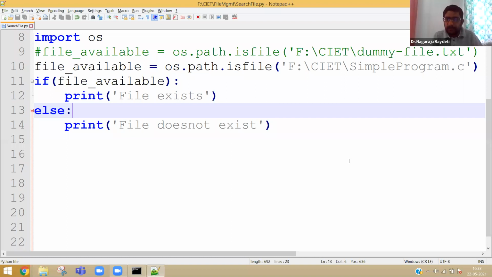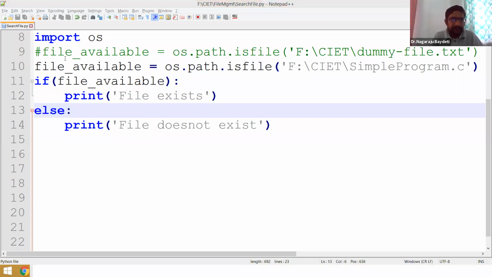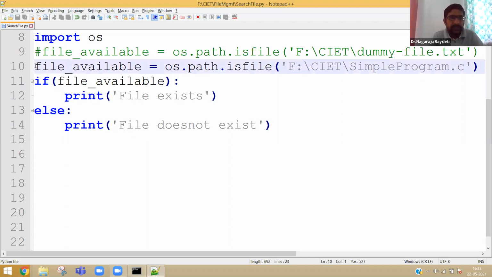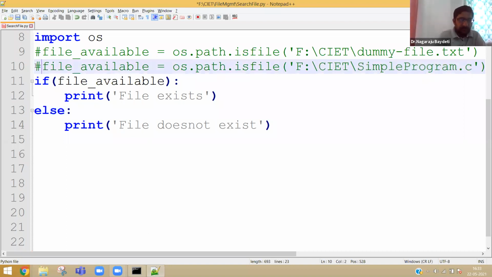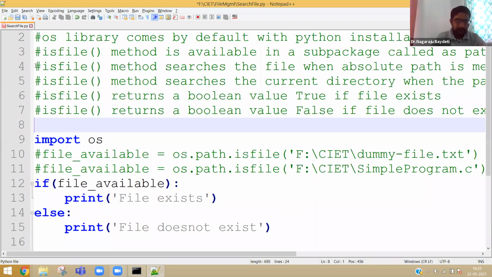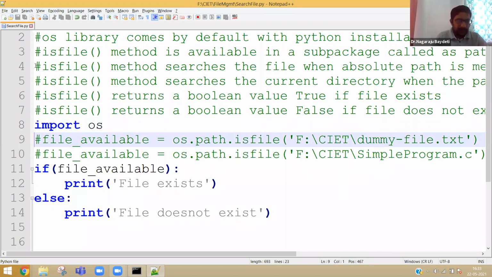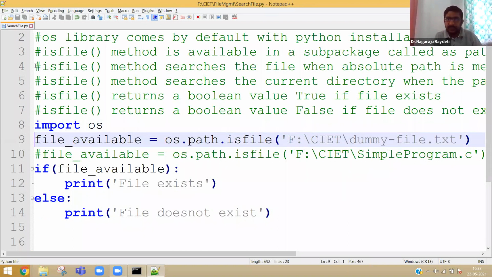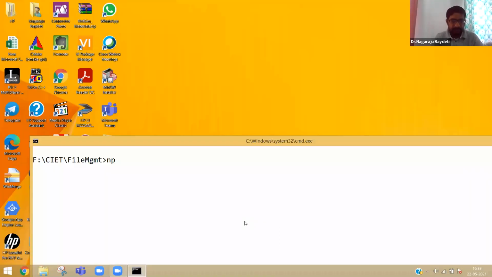Now let us try to improvise the program further. For example, instead of directly taking a value, let me write another program for this instead of disrupting this one. Read file name and search file.py. Read the file name and search the file.